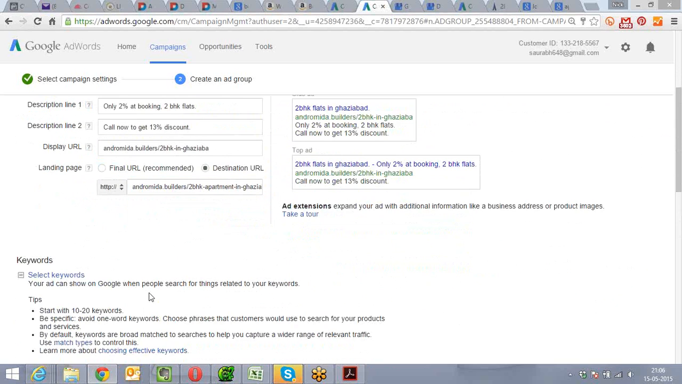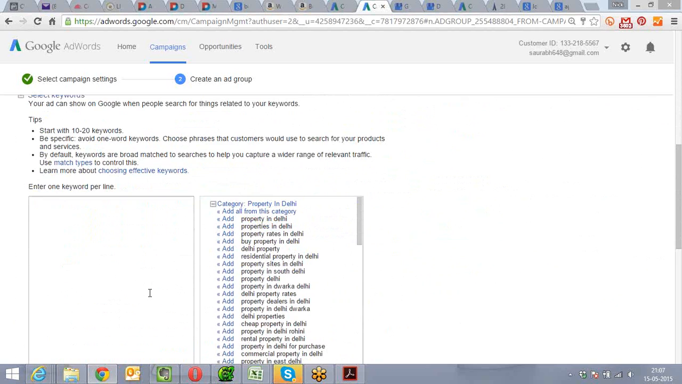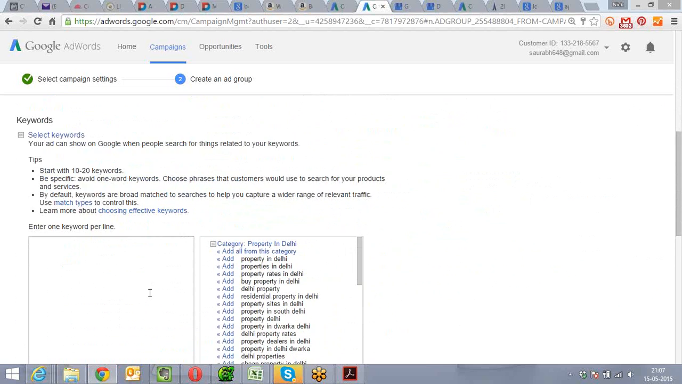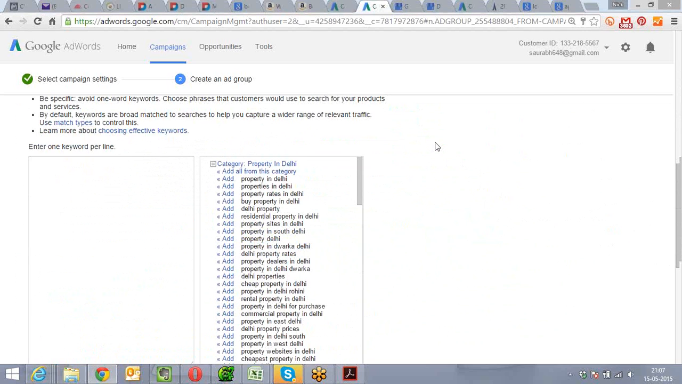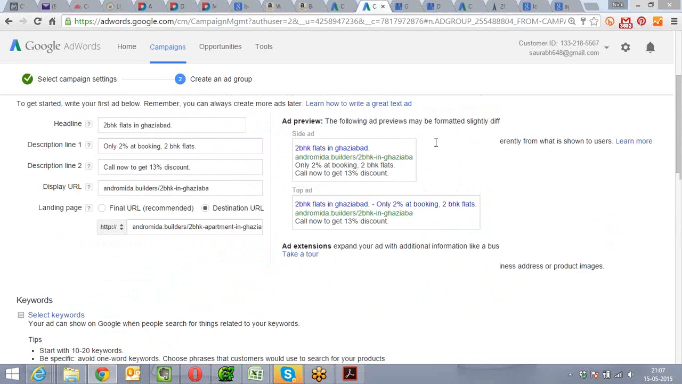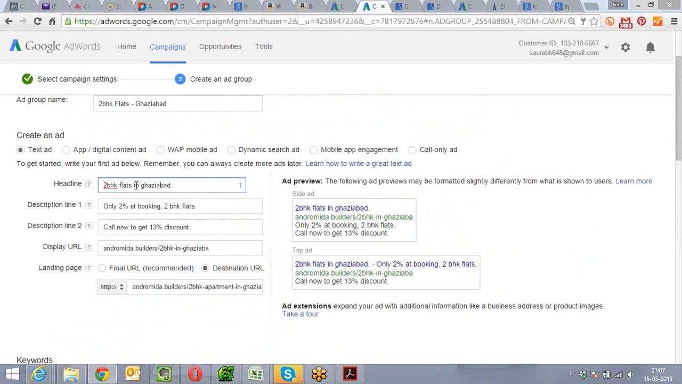Yeah, makes sense. Now you can see the changes in the ad too. You can see the overall ad preview, how it's going to look when people type in. Now you can see that whatever ad you have created is all about 2 BHK flats in